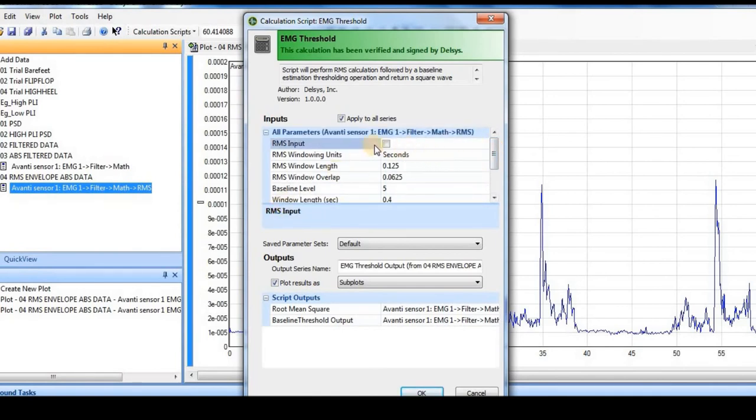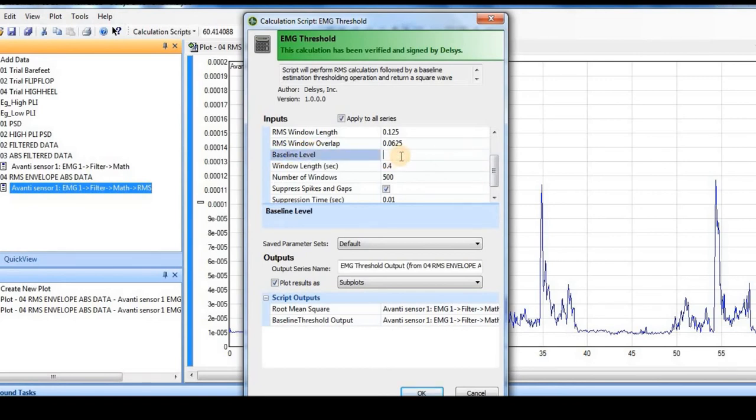In this attempt, I am unchecking the RMS input, so my upper 3, 4 input parameters are invalid because I have already done that. You can recall that we have done the windowing in seconds, and these were the window lengths and window overlap. I will only do the thresholding in this calculation, so I will set up the baseline.